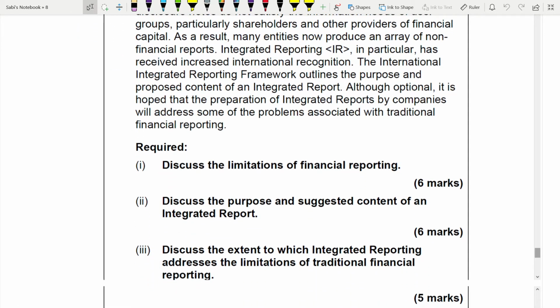So first one is discuss the limitations of financial reporting. Very unique question, right? Second, discuss the purpose and suggested content of an integrated report. This type of question very rarely comes, because this is pure knowledge based. This is just for understanding purpose. What you have learned, we are going to cover it here. Let's see how much you have understood. What is the purpose and the suggested content? There are two separate things of integrated reporting. And finally,